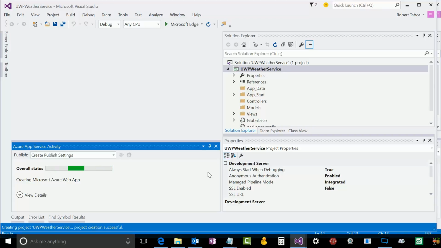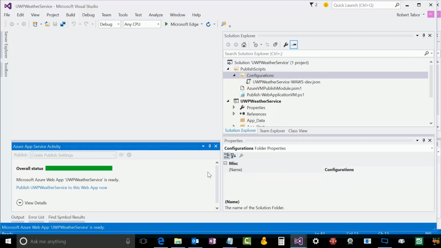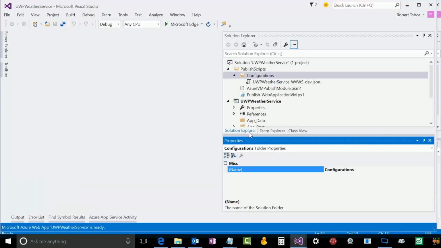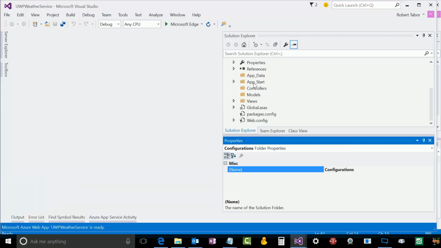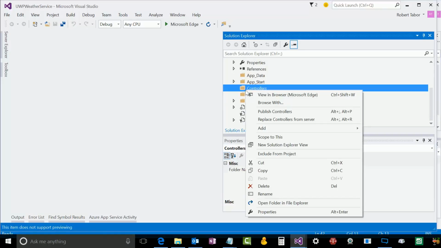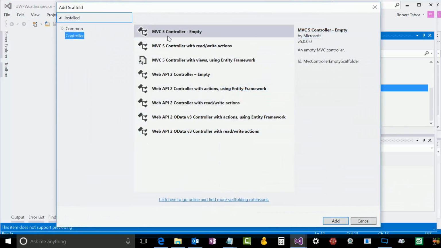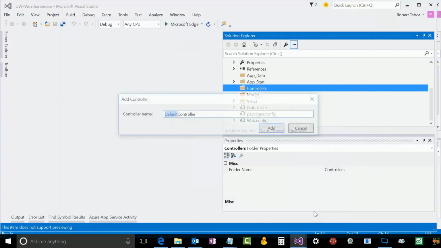Right now, it's going out to Azure and reserving that name, setting up the account. So you can see that's where this overall status bar is. All right, great. So now we're ready out online and locally, so we're ready to get going. The first thing I want to do is add a controller. So I'm going to right-click and select Add a Controller, and this will be an empty MVC5 controller called Home